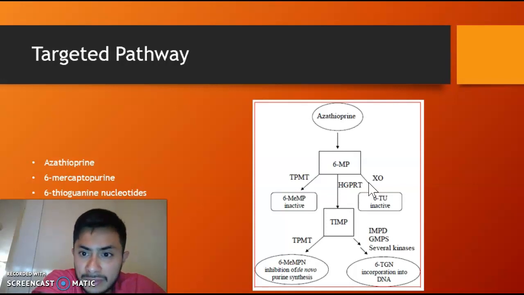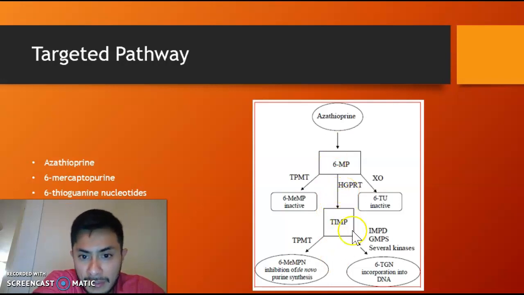Now, another pathway is this one, where 6-MP leads to thiouric acid, which is non-toxic and usually cleared from the body, but this can have an adverse effect, and usually to treat this we can use a drug called allopurinol. So this inhibits the enzyme that leads to this reaction, that leads to thiouric acid. So whenever taking this drug, allopurinol is also given, so we can prevent this pathway from taking effect, and it can keep the focus on this